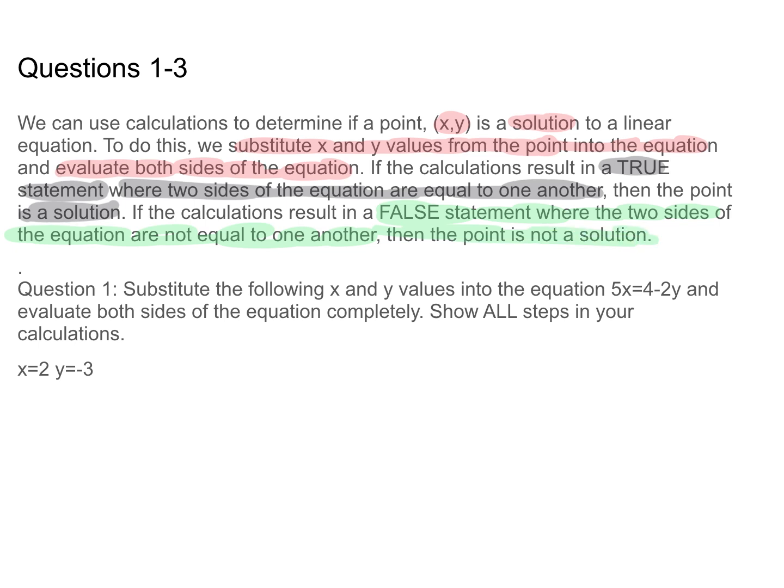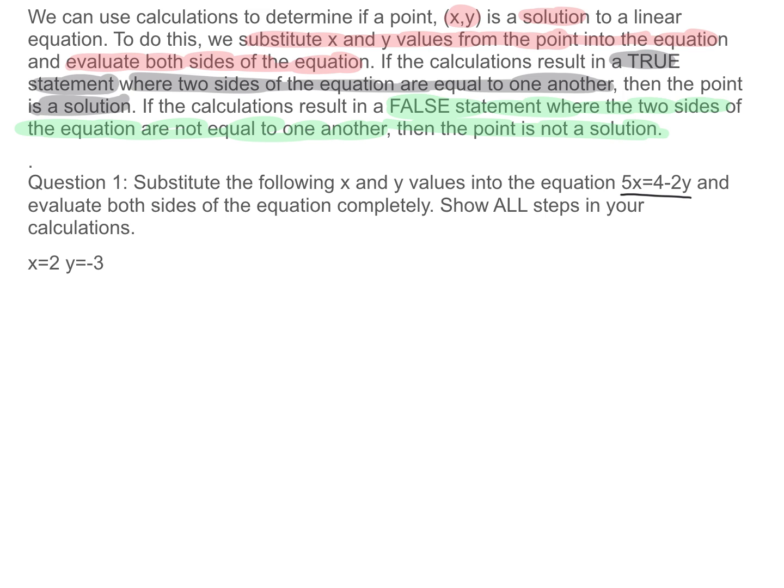So for example, for question 1, it says substitute the following x and y values into the equation 5x equals 4 minus 2y and evaluate both sides of the equation completely. Show all steps in your calculations. All right, so let me rewrite the equation. 5x is equal to 4 minus 2y, and I'm going to take the value for x and substitute it in. I'll take the value for y, which is -3, and replace it with y, and then I'm just going